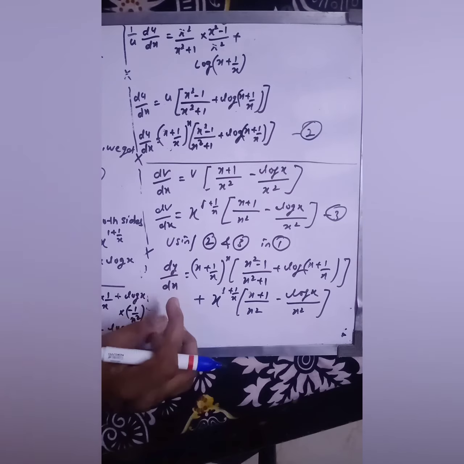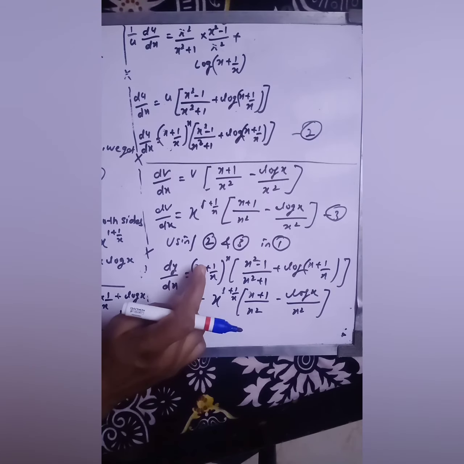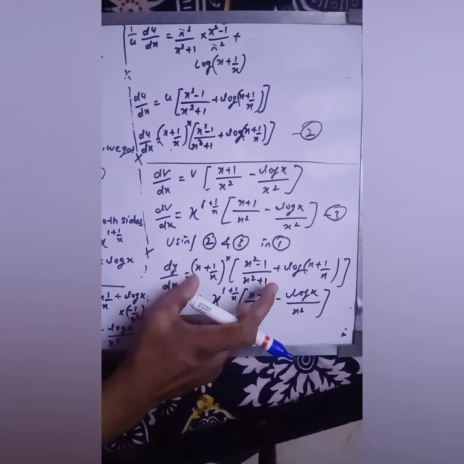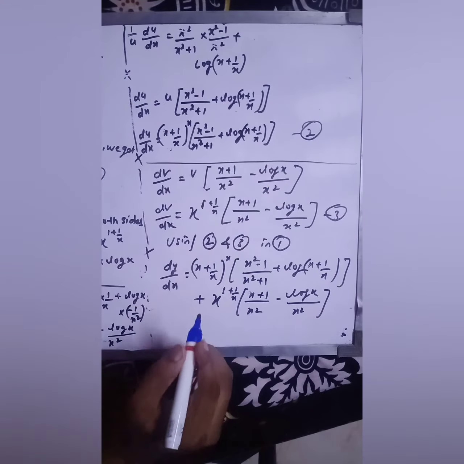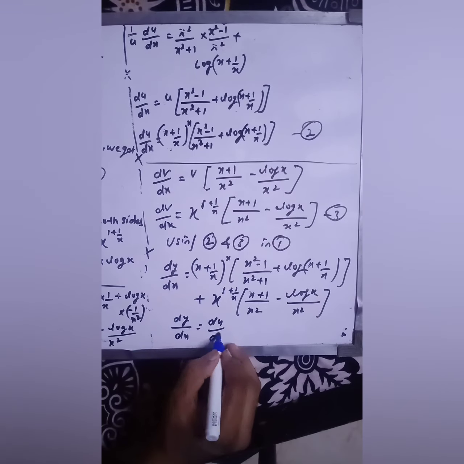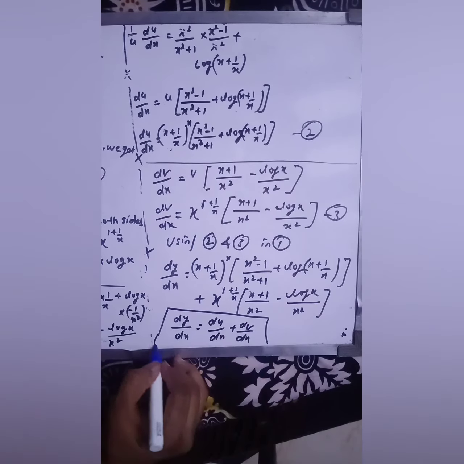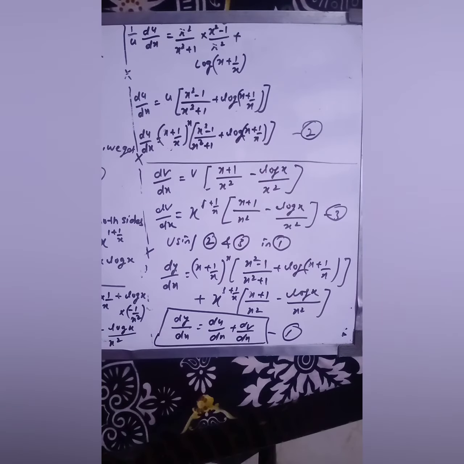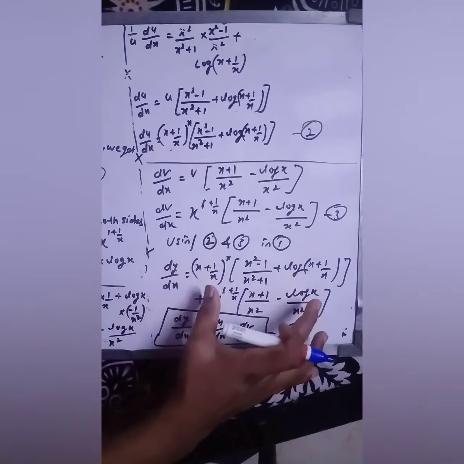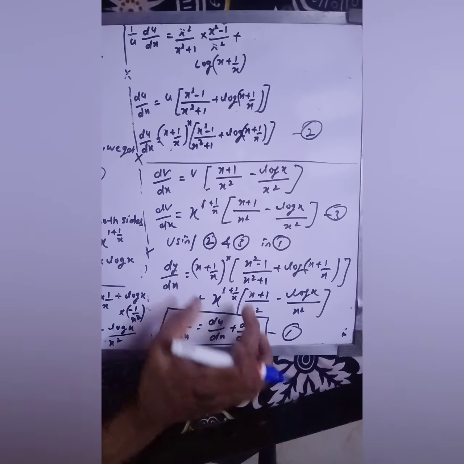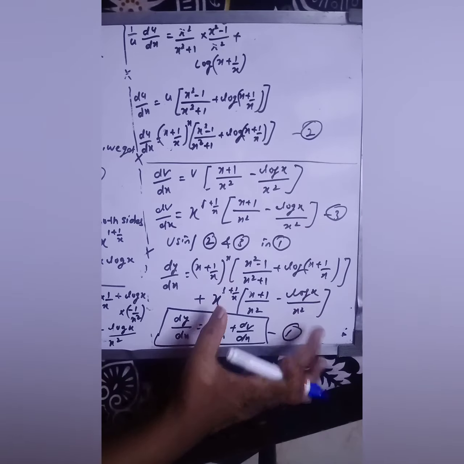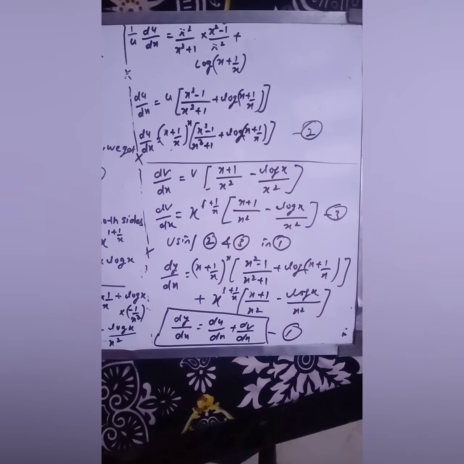Okay, your equation number 1 was dy by dx plus du by dx. So this is the value of du by dx, that is this one. Your equation number 1 was dy by dx equal to du by dx plus dv by dx. This was your equation number 1. So your dy by dx will remain the same here. For du by dx, here you have the value of this one. You have to just put the value, plus dv by dx. So here you have the value of dv by dx. You have to put it, and just leave the answer like this.